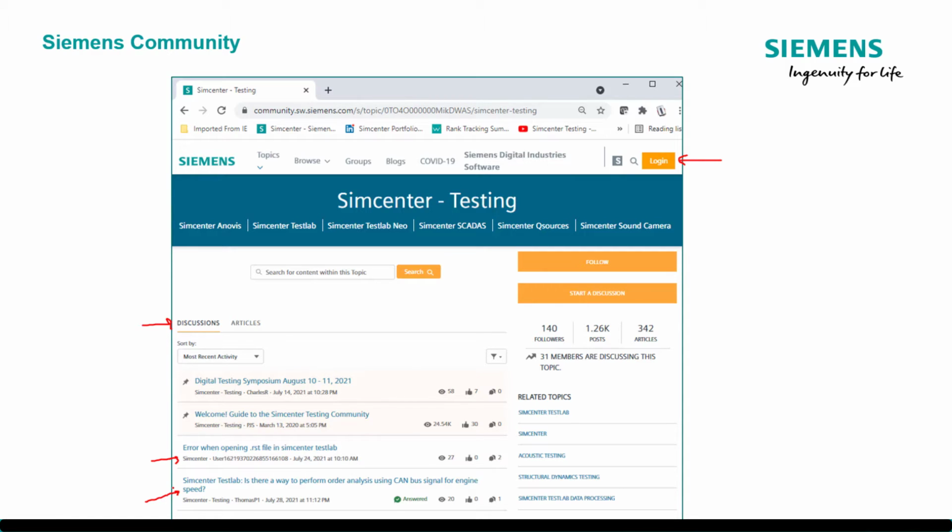So you can read everything without logging in, but if you wanted to ask a question yourself, then you just take a few minutes, create a login, and you can start posting and asking questions on the community, including on the structural dynamics topic page, etc.